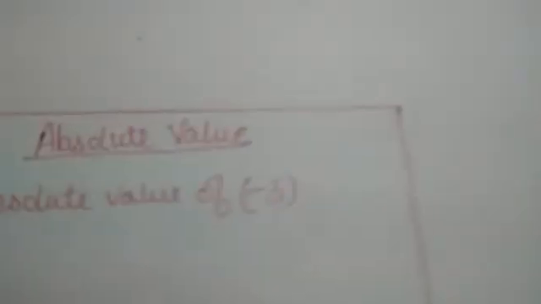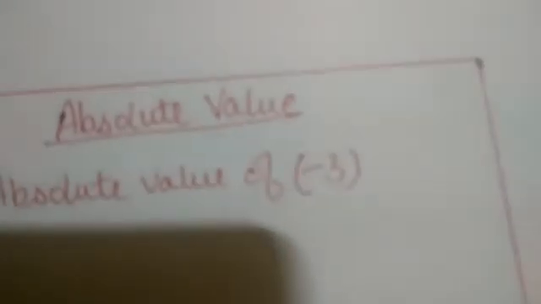Now the second concept that we have to do today is absolute value. See, one question I have written first: absolute value of -3, meaning I want to calculate the absolute value of -3. Now see, there is a symbol also. Sometimes this question is written in the book as absolute value of -3, and you have to write the answer. Sometimes this symbol is written, and here also you have to write the answer.